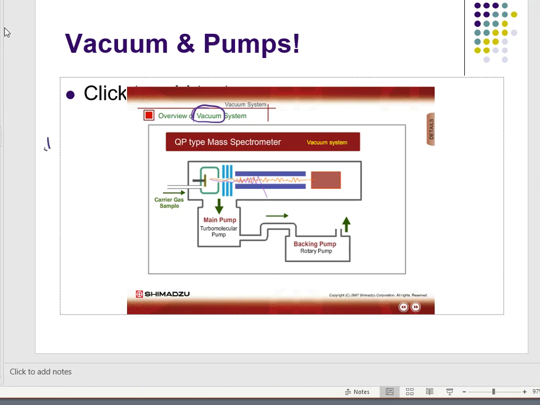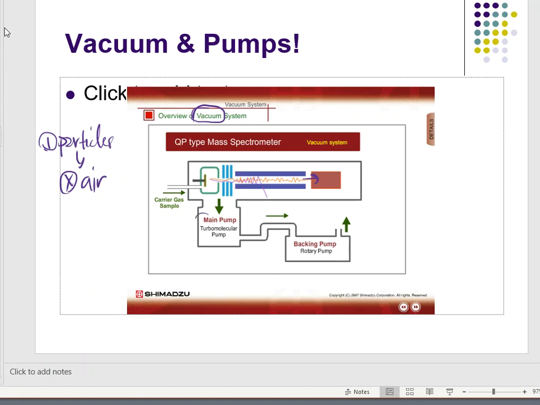Well, number one, we have to make sure that these particles, these fragments that we're creating, do not slam into air particles, because that's going to prevent them from reaching the other end. So we've got to get rid of everything out of there. It's got to be a complete vacuum or at least close to it. And that's what requires us to pump it down and really have it pumping for a week before we begin to use it. Notice down here at the very bottom, there's going to be two pumps that create the vacuum